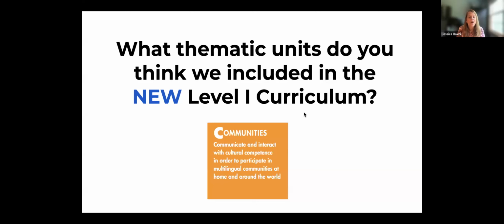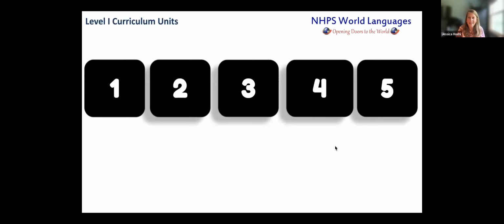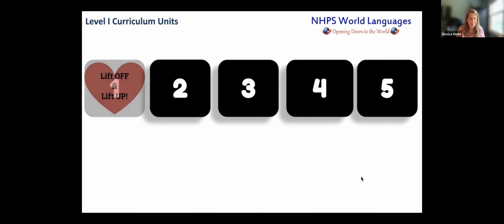Human rights issues. I'm not sure if I have a slide of it, but I can certainly show you what the 4-year curriculum looks like, levels 1 through 4. Some of the things you're mentioning do come up in our levels 2, 3, and 4 curriculum. But for level 1, what we landed on was, first of all, only 5 units, and the first unit is quite short. So we got rid of that whole idea of the teachers trying to do 8 units in 1 year. We went bigger and deeper.